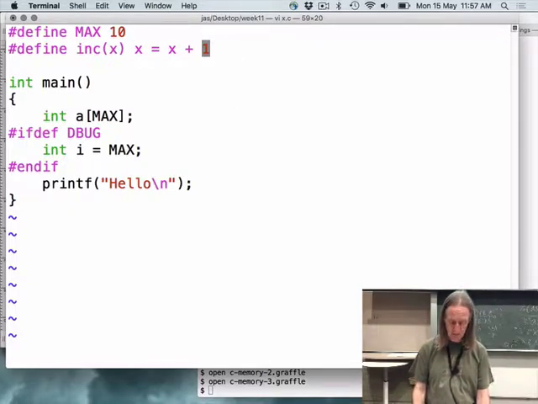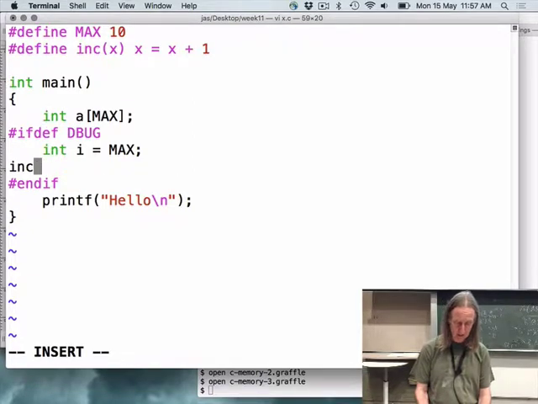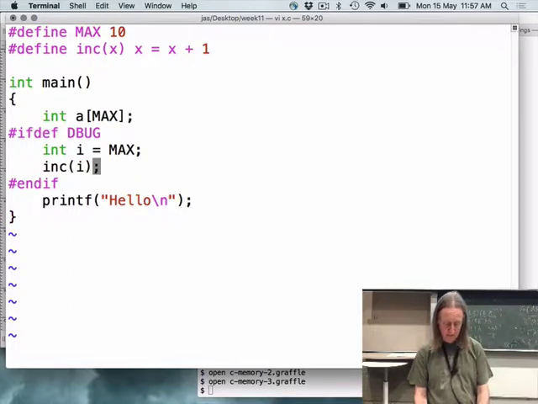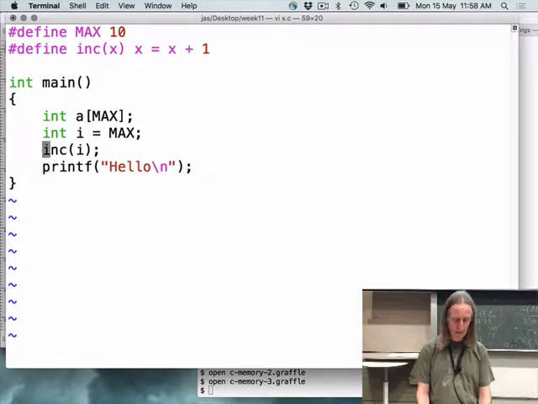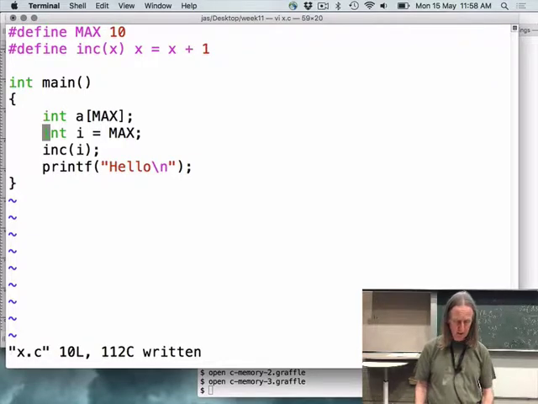Okay, so down here I could write, don't need that. Don't need that. Alright, so let's see what that does. Now obviously it's easier to write I++ in that context.